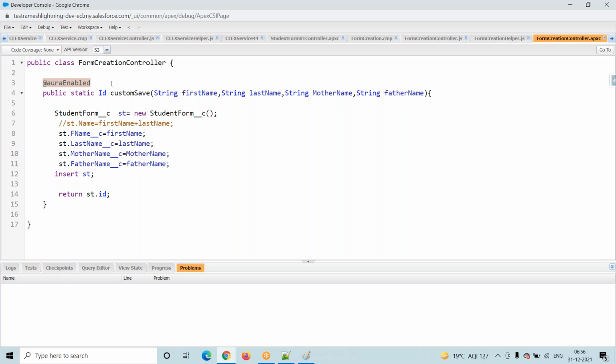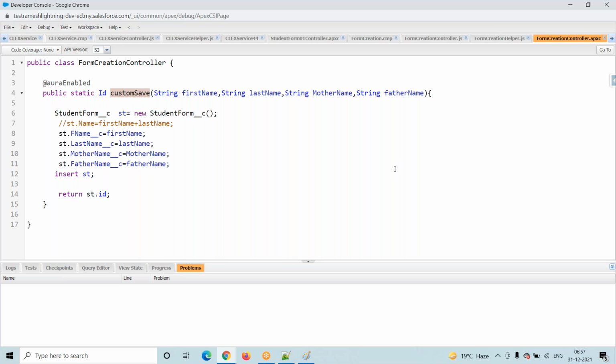Finally, what I am trying to say is, suppose we have one method, and on the top of that method we use AuraEnabled. It means that method we can use in the classic version and the Lightning version. It doesn't matter, finally the business logic is the same. Whenever we use AuraEnabled on the top of the method, we are telling that this method is available for Lightning Web Component, Aura component, plus classic, I mean Visualforce page also.